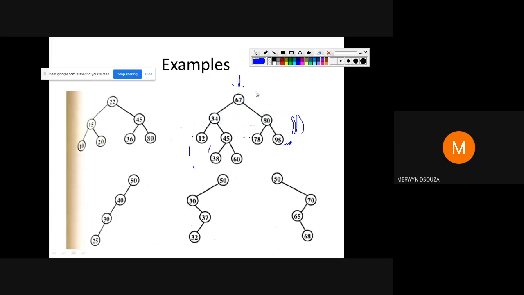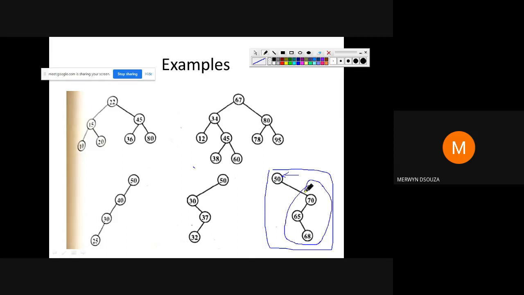You can take any other example on this slide, and you can see that the condition will hold true. If you look at this diagram here, if you refer to this node, these are the values in the right subtree. All these values are greater than 50, because these are to the right of 50.